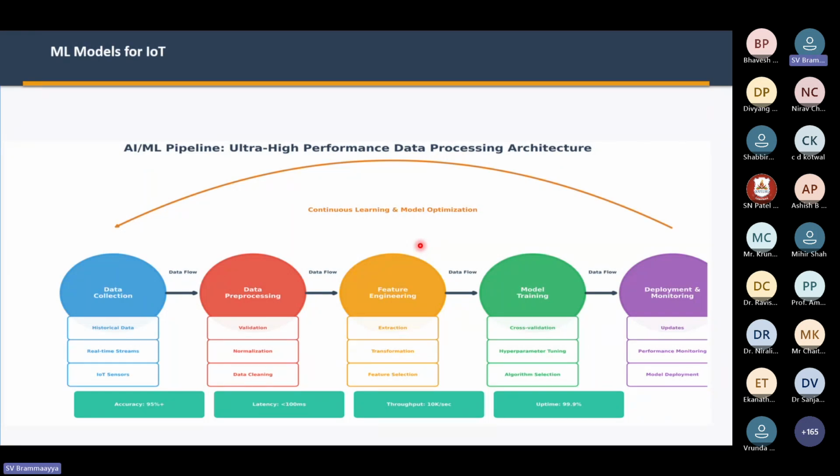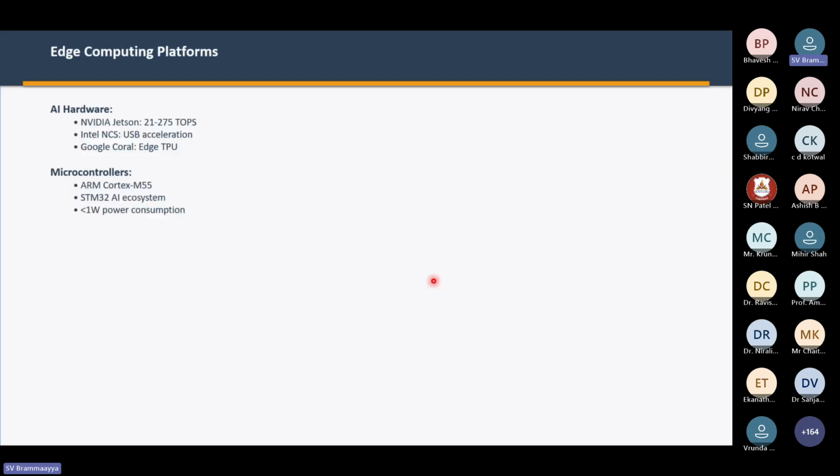So the key takeaway: it demonstrates how AI systems achieve high accuracy, low latency, high throughput, and near perfect uptime by carefully orchestrating each stage from data to deployment. Understanding this pipeline helps us appreciate how AML integrates seamlessly with IoT, edge computing, and cloud platforms to deliver real-time intelligent applications. So with this, I am moving to the next slide, where we can talk about